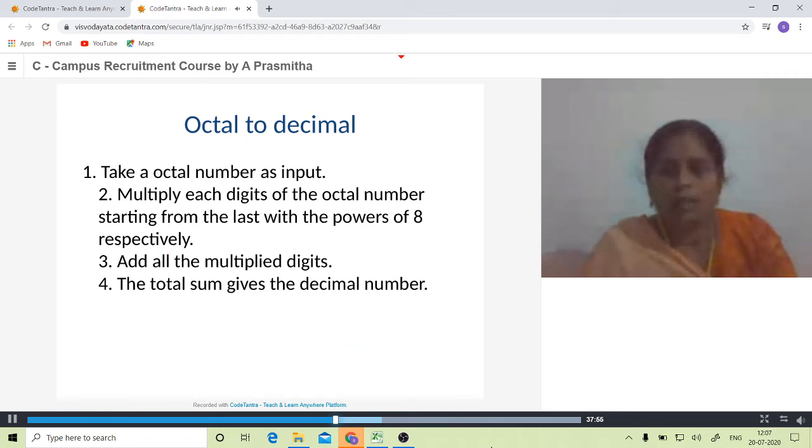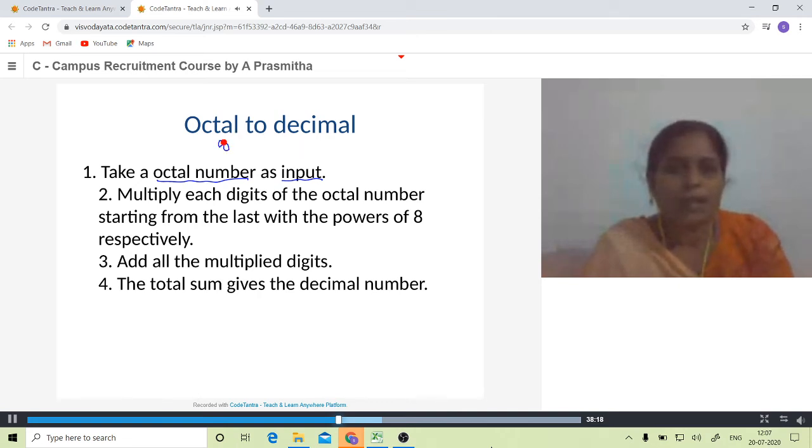Now the next question is to convert an octal number into a decimal number. So this time the input is the octal number. In the previous program input was binary, whereas in this program input is in octal number system. So octal means 8.